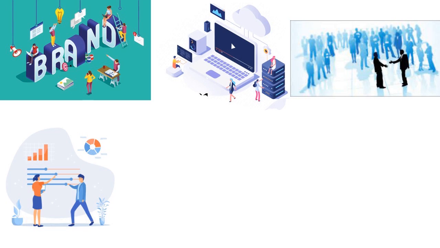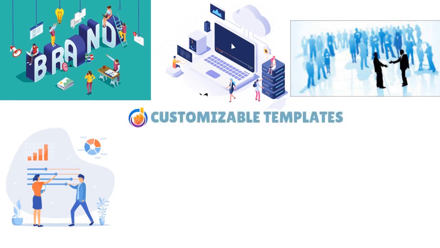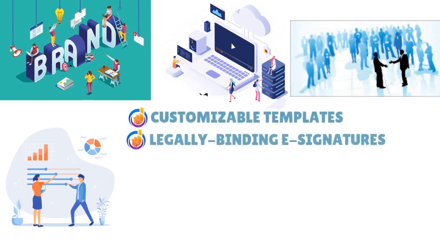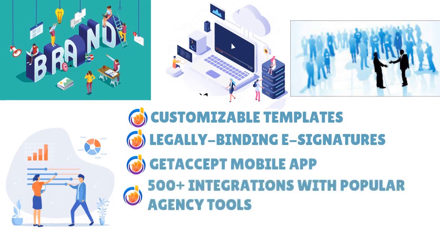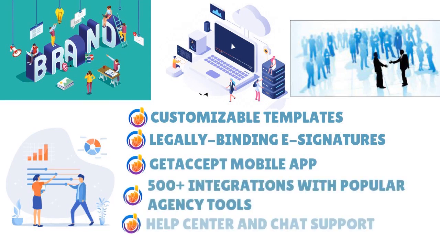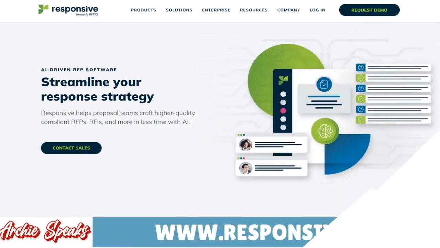So the key capabilities to expect when you go with GetAccept, you have customizable templates, legally binding e-signatures, GetAccept mobile app. You have more than 500 integrations with popular agency tools, and you have a help center and chat support. So that's really fantastic. Next, you have Responsive, and Responsive is proposal collaboration software that enables large teams